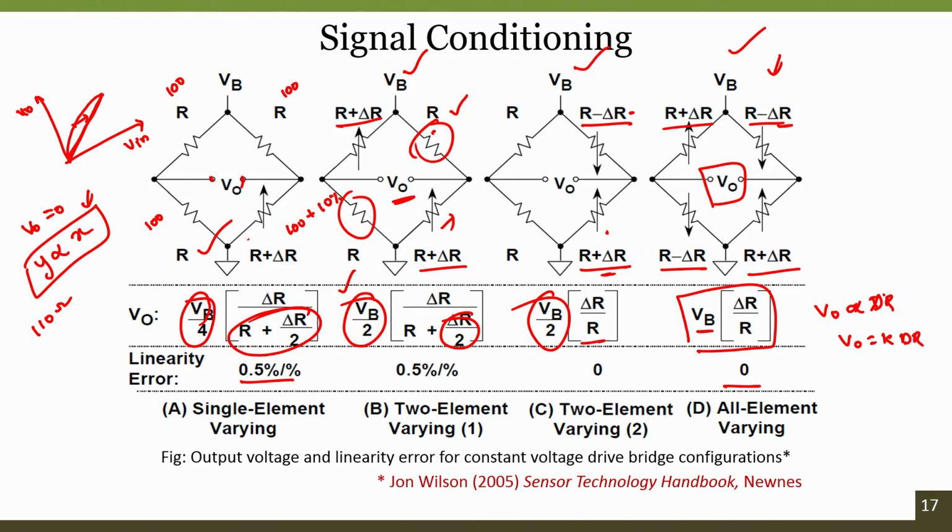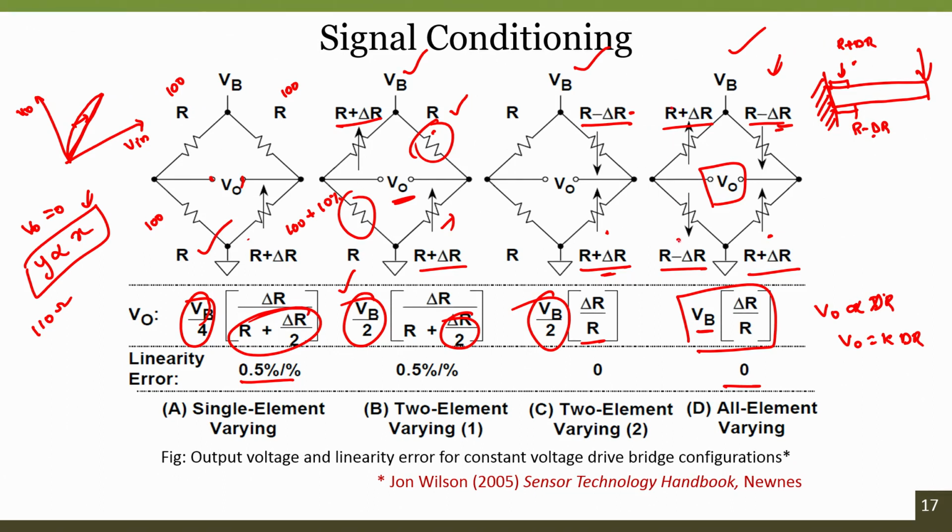So, when you use a load cell, where they use strain gauges, 2 strain gauges will be fixed on the top and 2 strain gauges on the bottom of a cantilever. Imagine this is a cantilever structure and you want to see the application of all element varying bridges. If I use 2 different sensors on the top and 2 different sensors on the bottom and apply a force, the 2 sensors on top will experience R plus delta R, whereas the 2 sensors attached on the bottom side of the cantilever will experience R minus delta R. So, one R plus delta R placing it here, another R minus delta R placing it here.